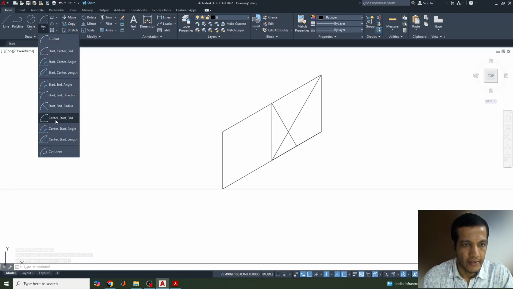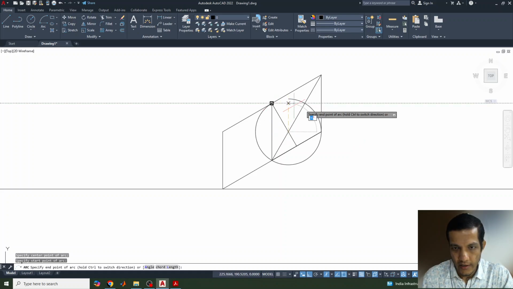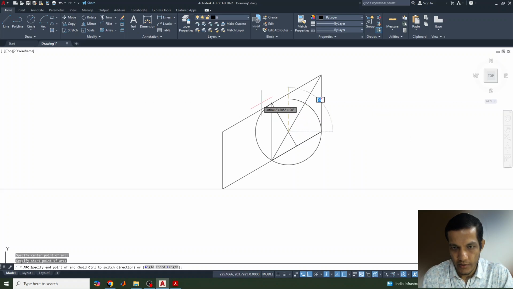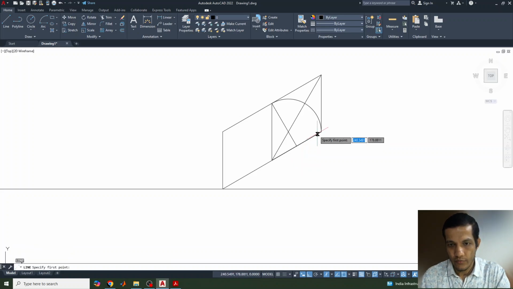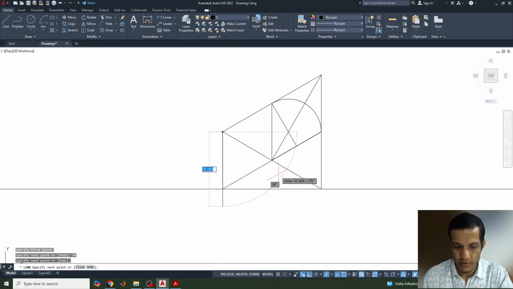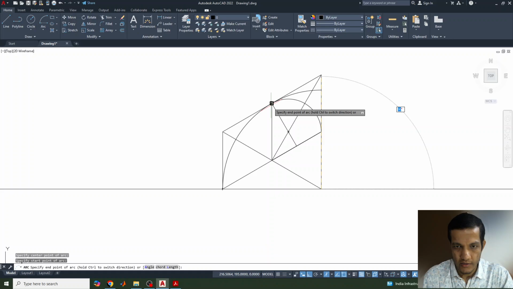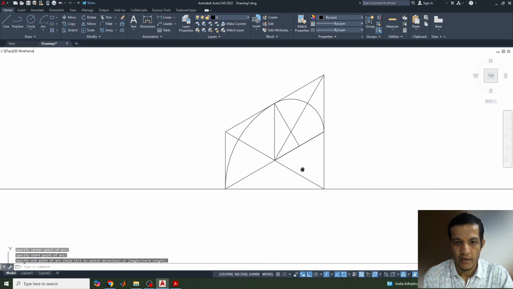Go for the arc here, select center, start, end. Now we select this and we can draw in this way. Now see, it is coming in this mode, so use Ctrl and Tab, then come in this way and it will be joined like this. Very simple. Next again go for the line and here draw 30, the same 30 you drew at the top, and join the opposite corner of this. Again go for the same arc, starting point here, this is the start and you can see the center and here. Okay, so this is one